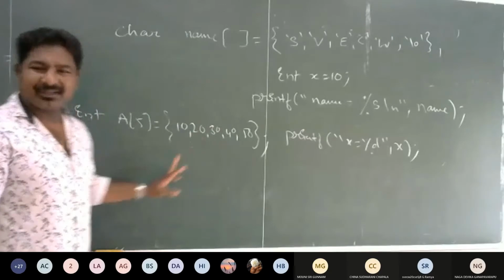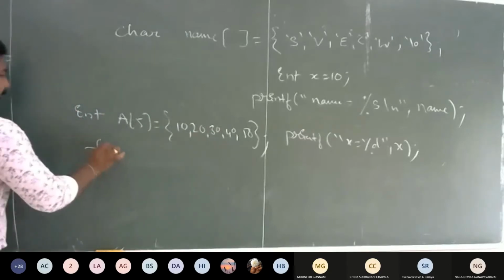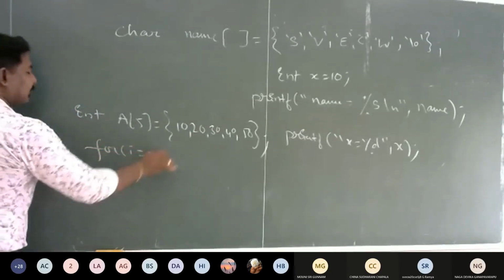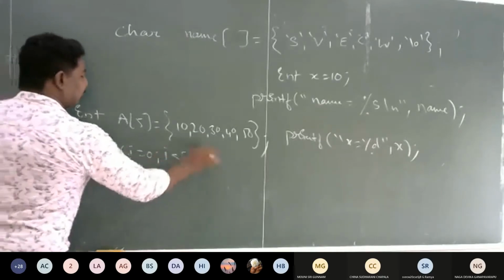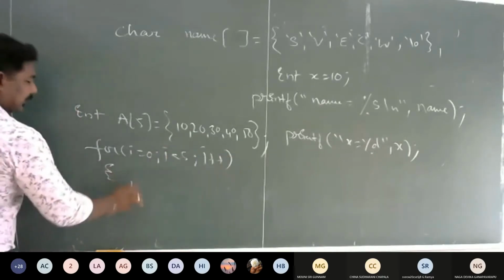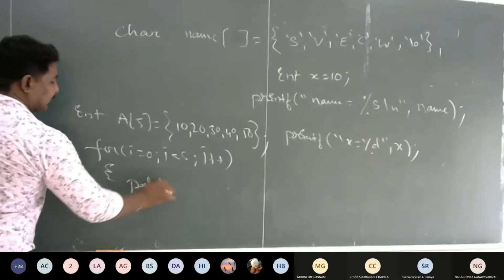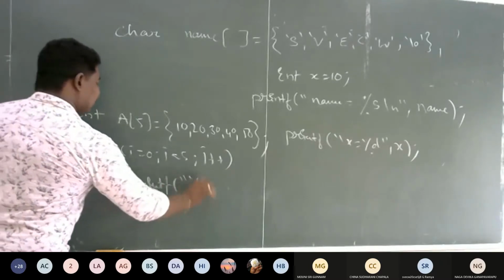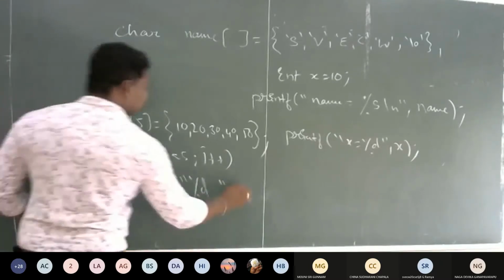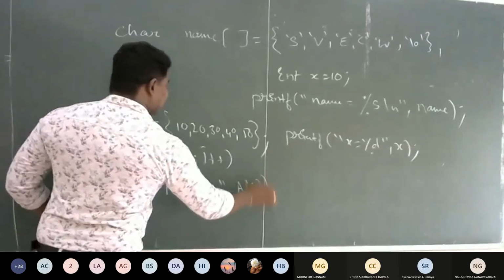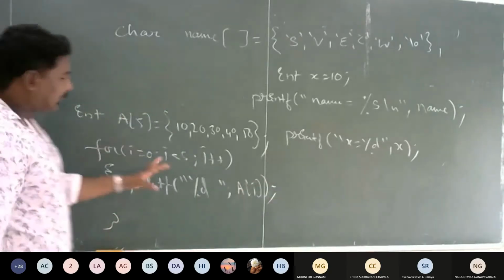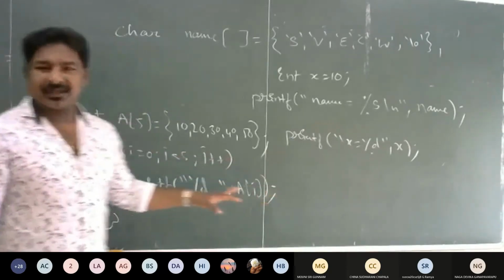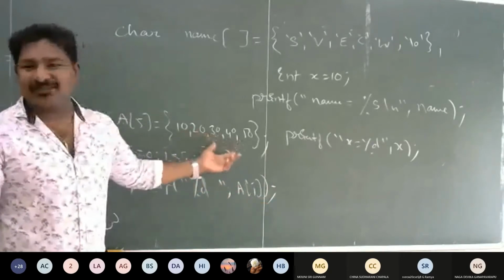So if I want to print them, I have to use a for loop, for i equals 0, i less than 5, i plus plus, and individually print those elements like this: printf %d, one space, then a of i. This prints 10 space, 20 space, 30 space.